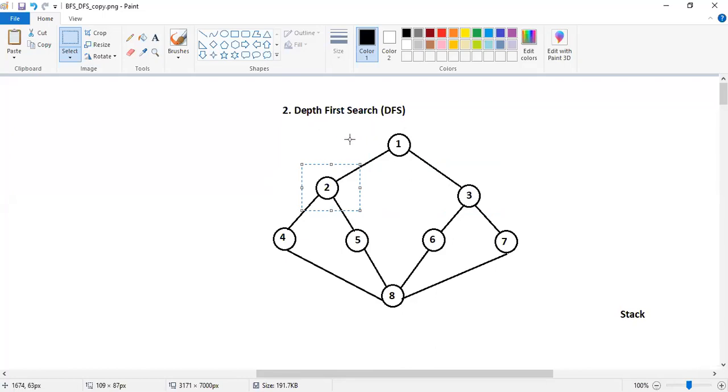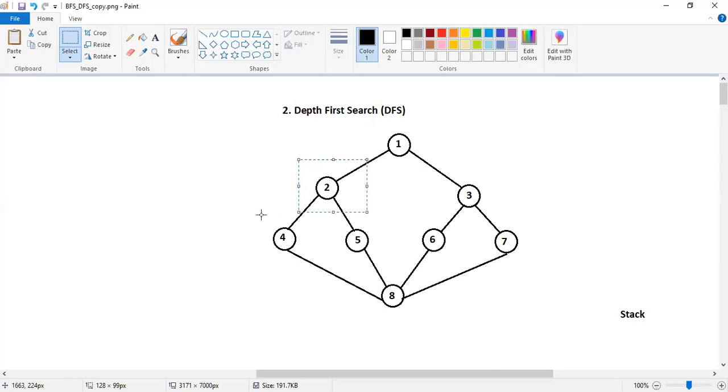The procedure of depth first search says that as and when you find a newly visited vertex, stop exploring the one you were previously exploring, and start exploring the newly visited one, until we reach a dead end. Keep this word in mind, dead end. I will come to what we mean by a dead end in a while. So from 1, I come to 2. Now I should start exploring 2.